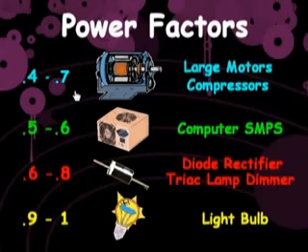A power factor of 0.7 means that 70% of the amps flowing in the electrical wires produce watts that turn this motor's rotor, while 30% of the amps flowing are reactive amps that produce no watts. A power factor of 0.6 means that 60% of the amps flowing in the electrical wires produce watts that develop operating DC voltages and DC current for this computer power supply, while 40% of the amps are harmonic currents that